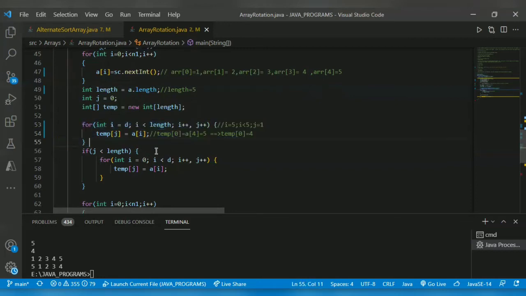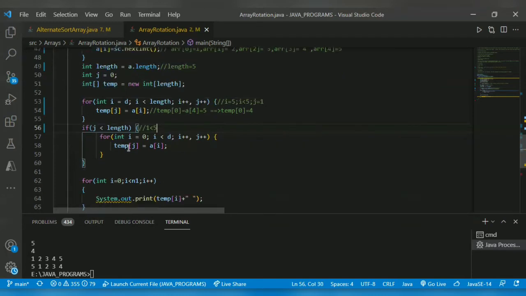Then it checks j less than length. Here now j is incremented to 1, right? J less than length means 1 less than 5. So the condition is true. Now the for loop begins with i equal to 0, i less than 5.